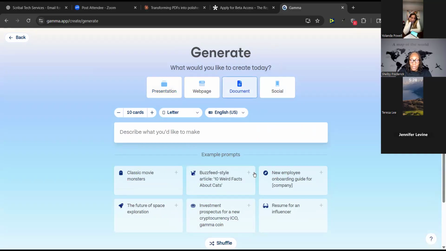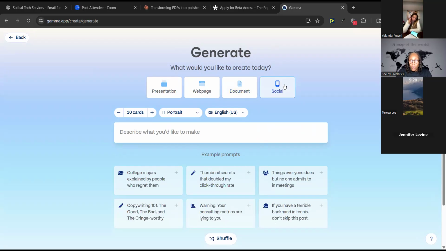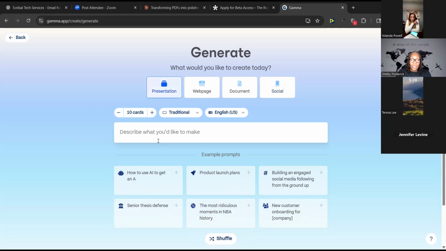Same thing with documents. If you are creating like 8.5 by 11, same thing with social. And so it gives you, again, starting off, you may want to use the prompts if you don't already have what your content is going to be. So for this class tonight, we're going to do presentation, and then I'm going to go ahead and paste